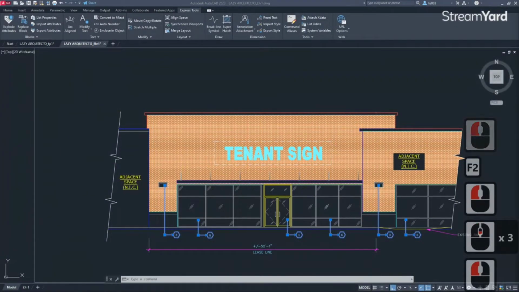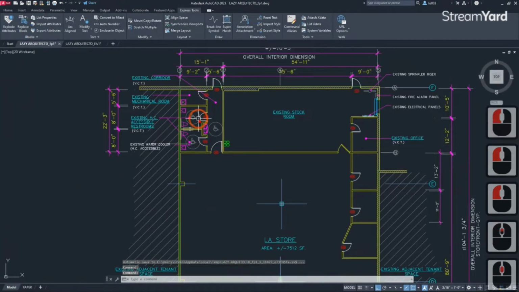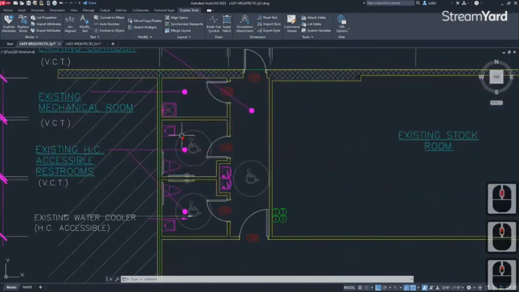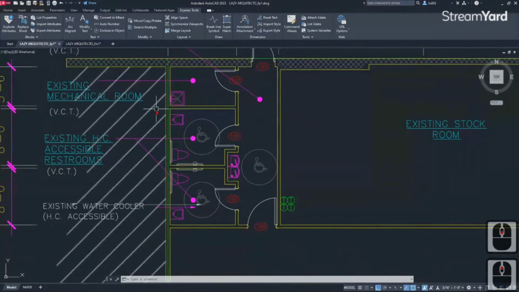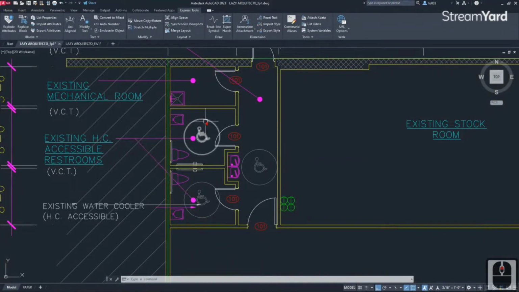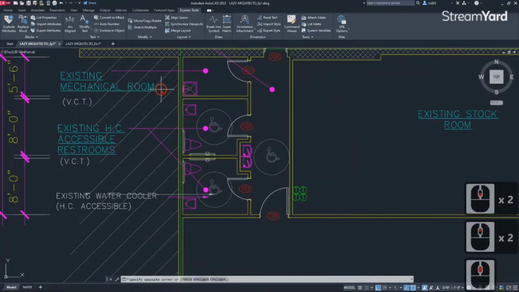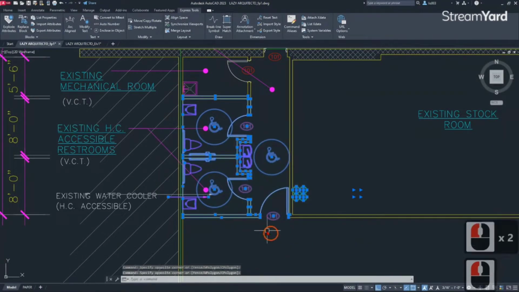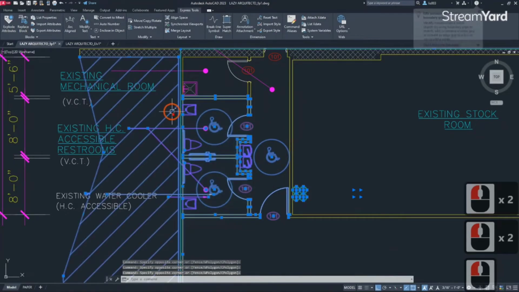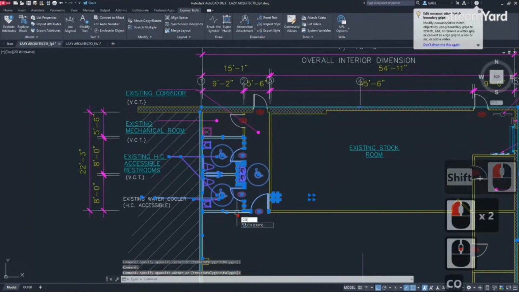The next tip that I want to share with you is using the extrim command. Yes. So sometimes it happens that we need a portion of a drawing. In this case, I need only these two restrooms and not the whole plan. So what I'm gonna do is select these restrooms like so, right? I'm gonna select all of those, and then I'm gonna copy these objects to the side using the regular copy